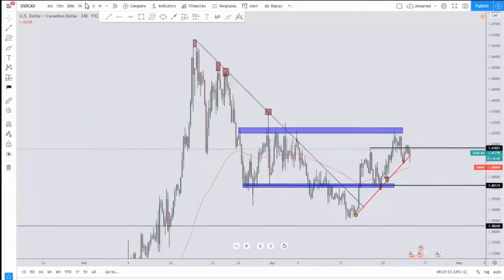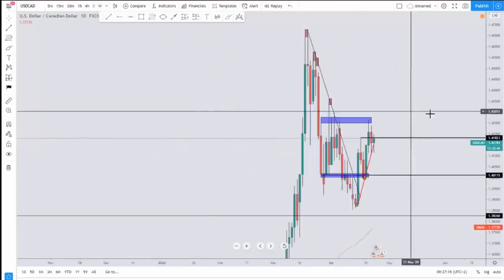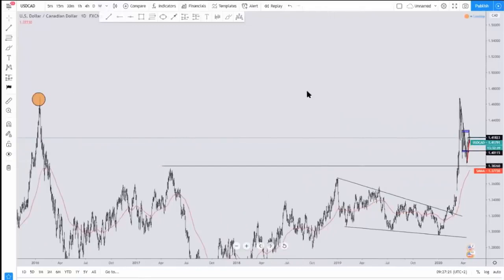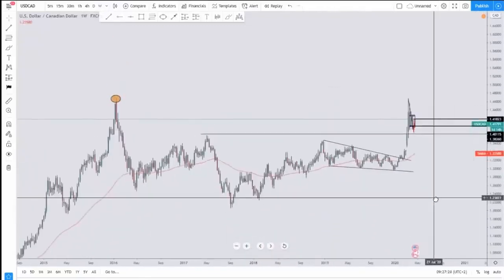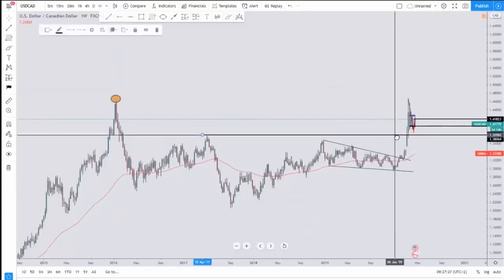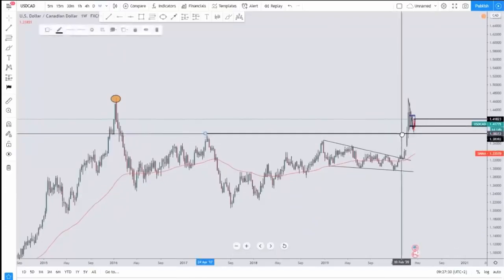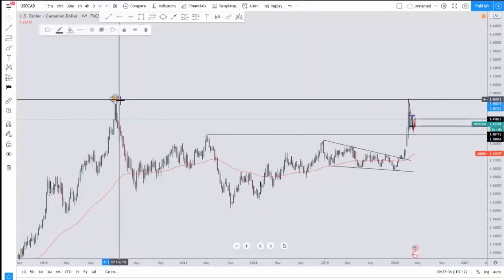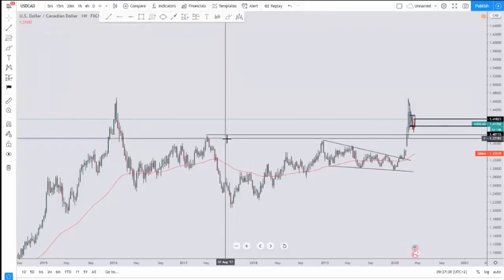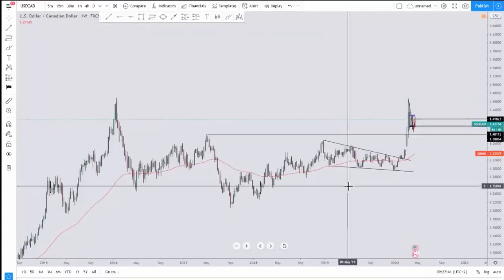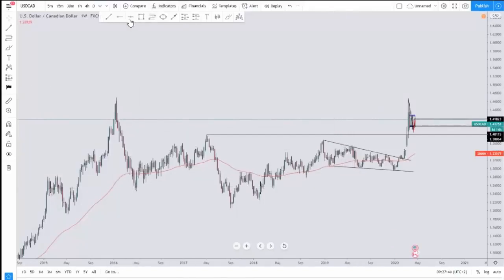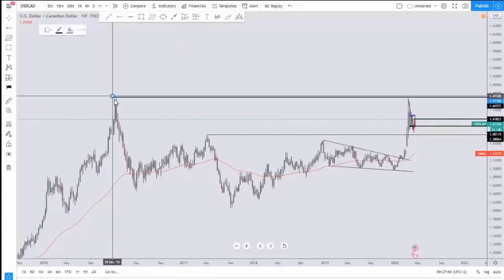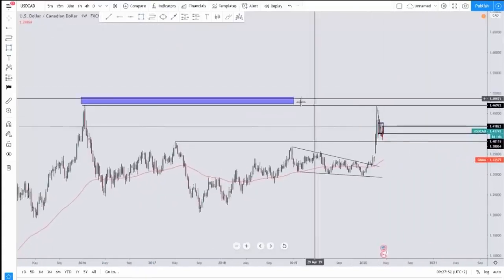So let's start from the daily chart. On the daily, or we can even go to the weekly chart, I try to identify my key levels, meaning areas of supply and demand, really, or support or resistance, depending on what it is. So on the weekly time frame, I can identify levels that are valid, that are not too far away. Is that we have this major area of supply right here,